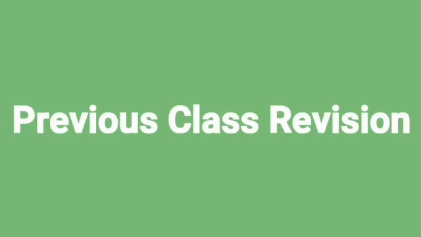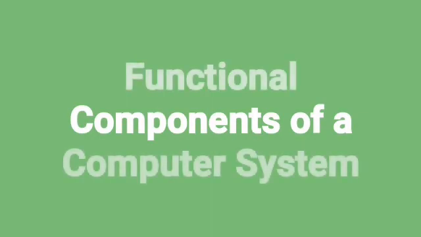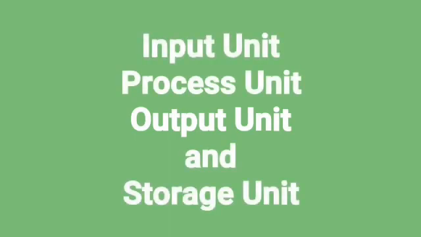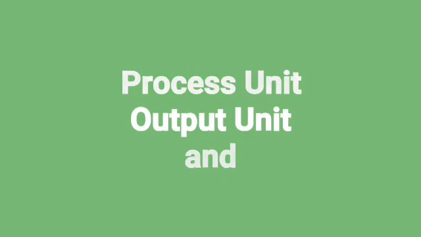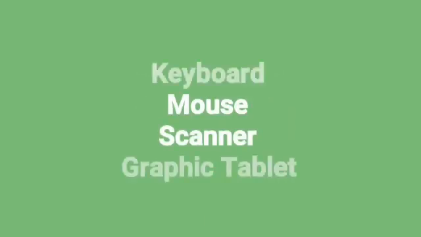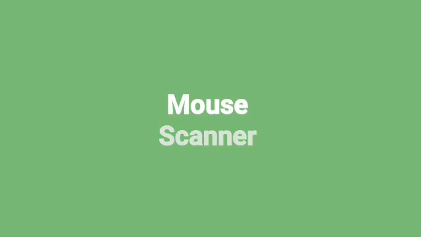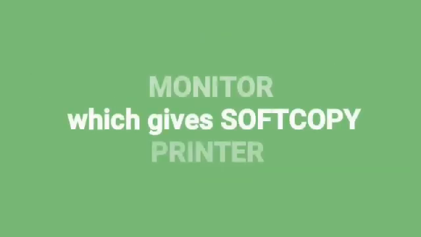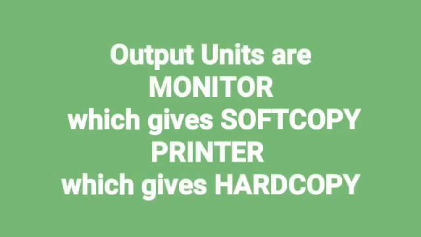So, in our previous class, in functioning of a computer, we went through the topic functional components of a computer system, which were input unit, process unit, output unit, and storage unit. Input unit is through which we input the data, process unit is through which we process the data, output unit is through which it gives us the output, like a monitor, and